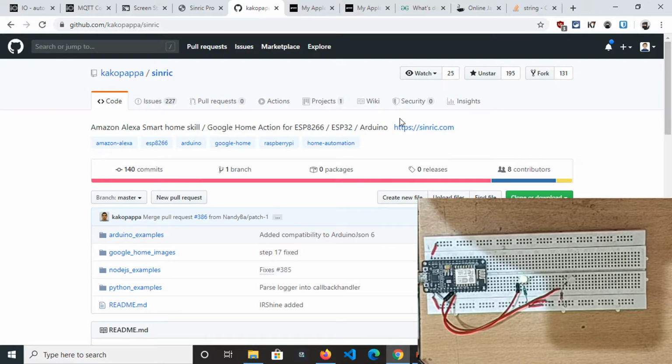In the next tutorial or session, we will discuss Sinric Pro. This is a very cool API, and you can send various types of data. Like if I say a voice command, set brightness to 50%, then the brightness of the LED will be set to 50%, and all these things we will discuss and see the demo in the next session.